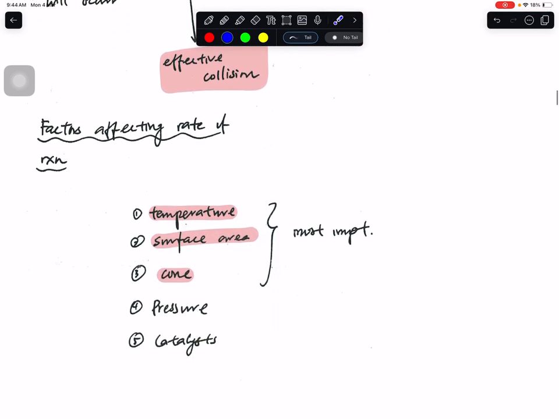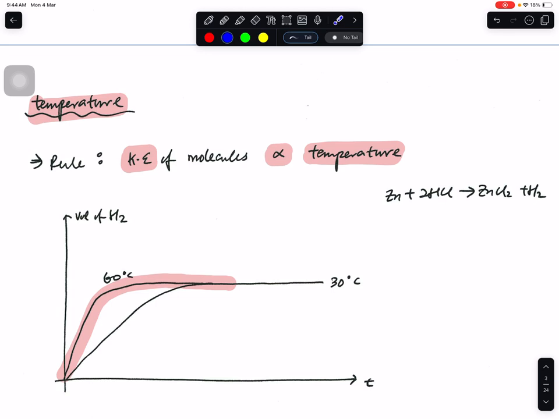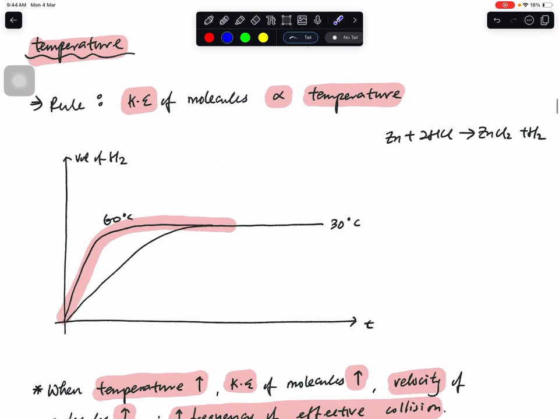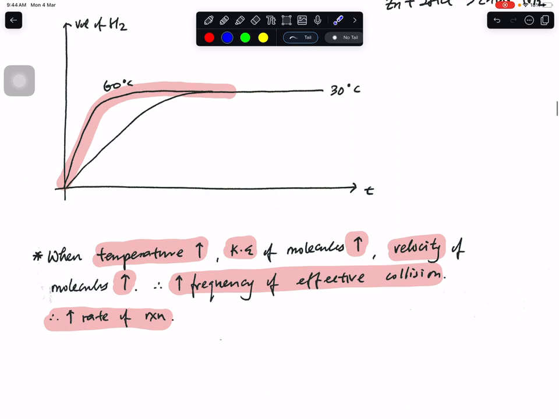In this chapter, we're going to explore the first three factors that affect your rate of reaction: temperature, surface area, and concentration. Let's take a look at temperature. Temperature is directly proportional to the kinetic energy of molecules. If you take a look at the words, when temperature increases, your kinetic energy will increase,